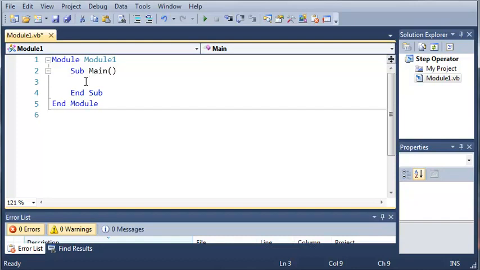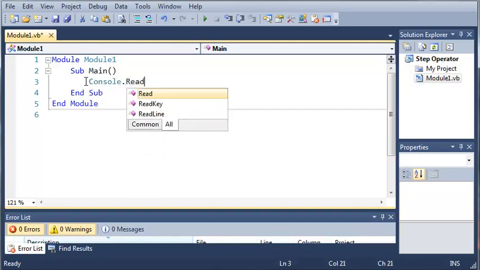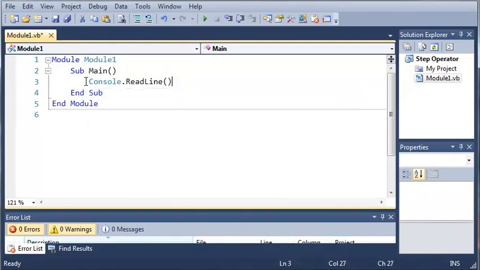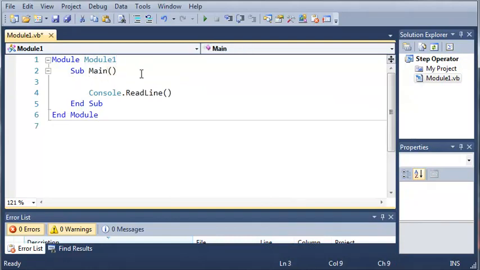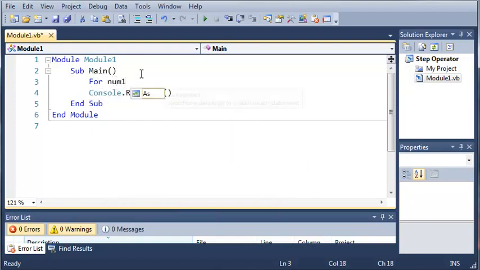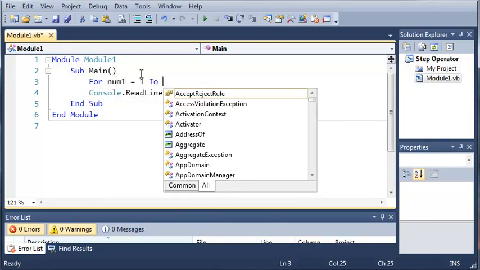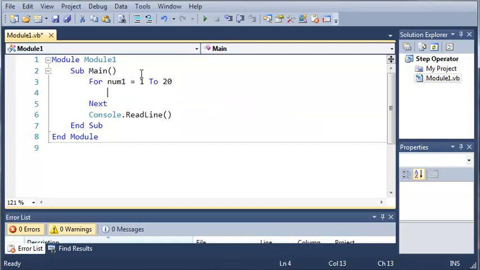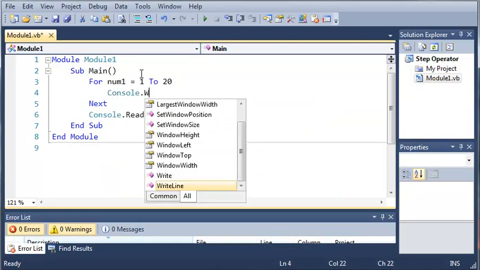Okay, so let's just add console.ReadLine, so it waits for us to press enter or close out of the program for it to close the window before we're done reading. So let's go ahead and create a for loop. So we're going to do for num1 equals 1 to 20, and then we'll just do console.WriteLine